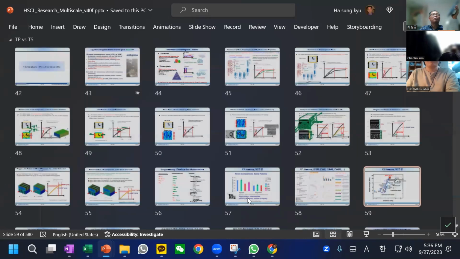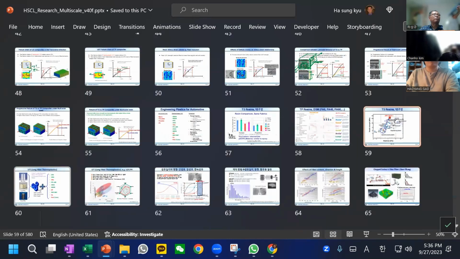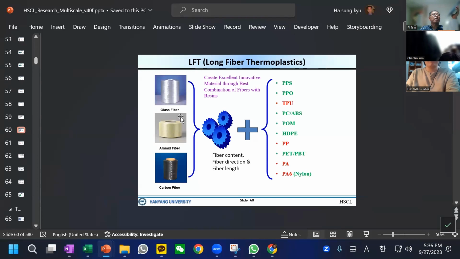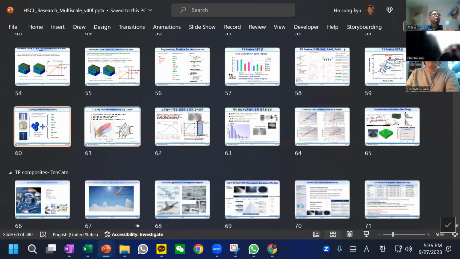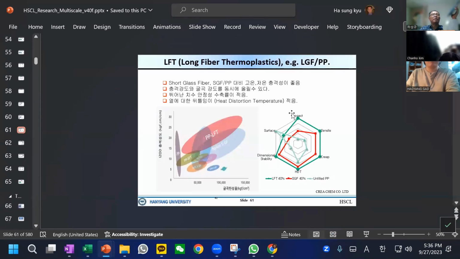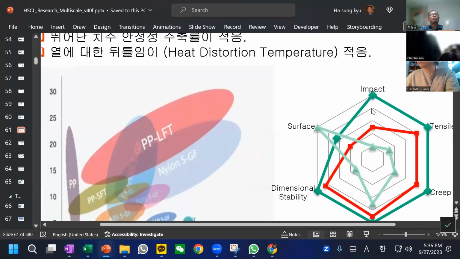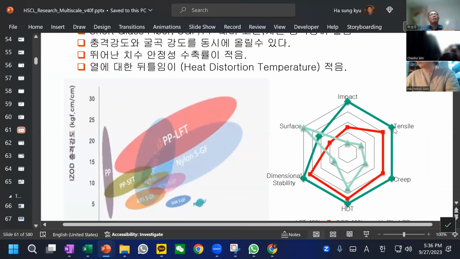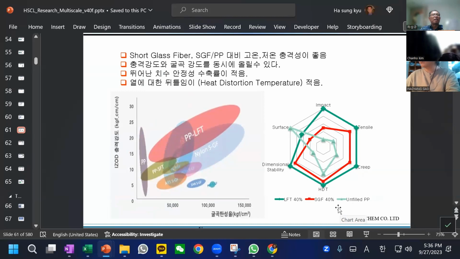Again, I'm trying to give you an idea of the role of the resin system, okay, and the fiber and different resin systems. We can have a very unique material property depending on the requirements. Say, oh, you like to have a very high strength of the impact, tension, and creep, or high